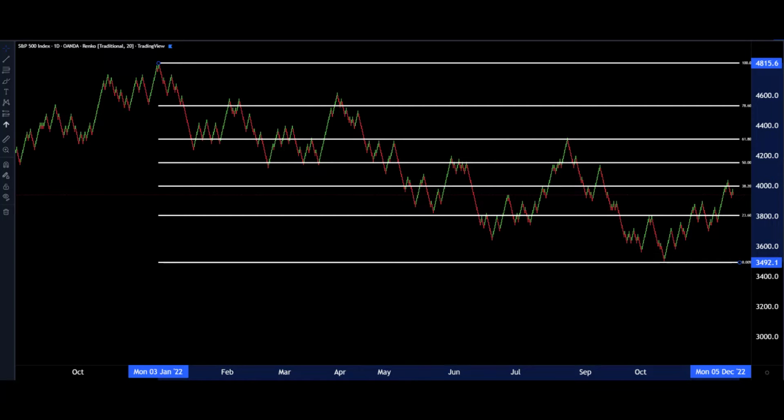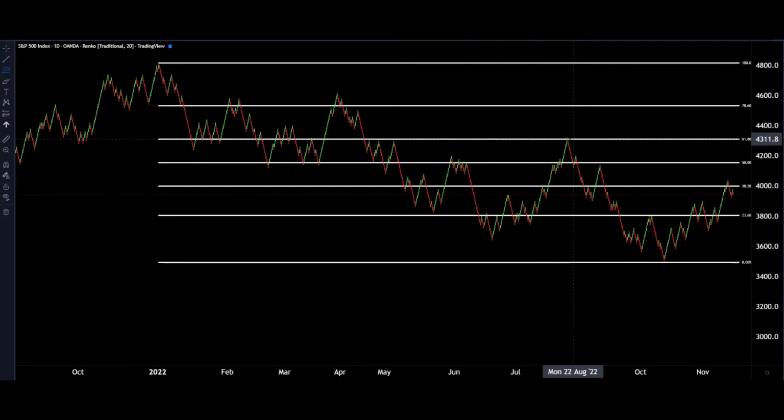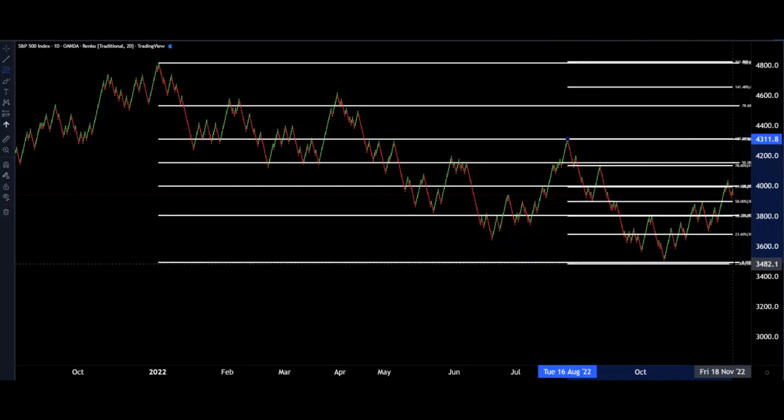If we do that from where we are at the moment in November time, go back to the middle of 22, what have we got in that zone? Well, the high really was seen in the middle of August, and we've got the same low. So again, go back to your Fibonacci setup,